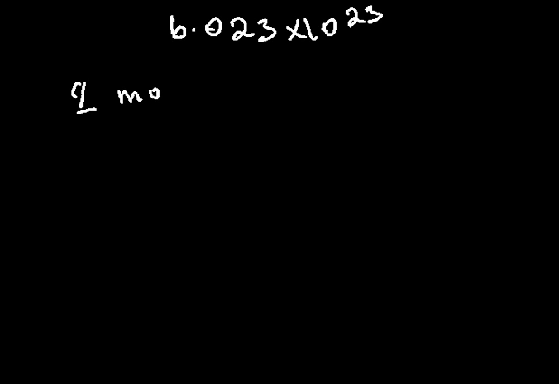Now, this video discusses how we can calculate the number of moles. And by the way, if we say a mole, that is the amount of substance that contains the Avogadro number, which is given as 6.023 times 10 to the power positive 23. So which means a particular 1 mole contains